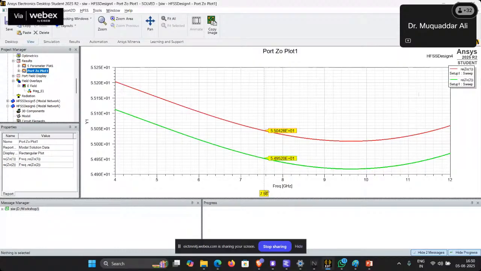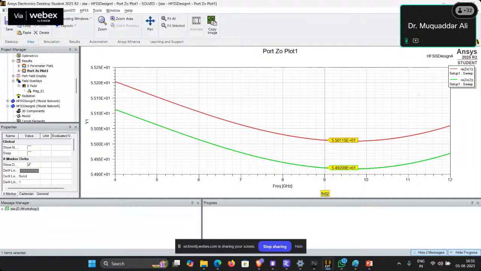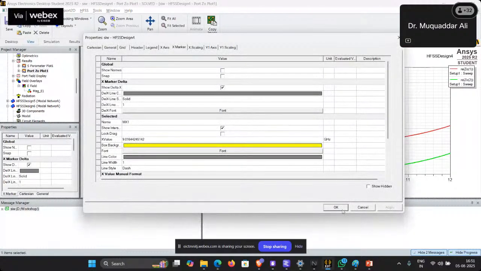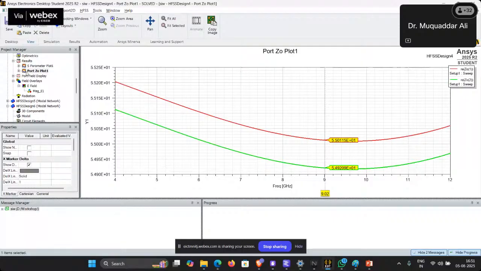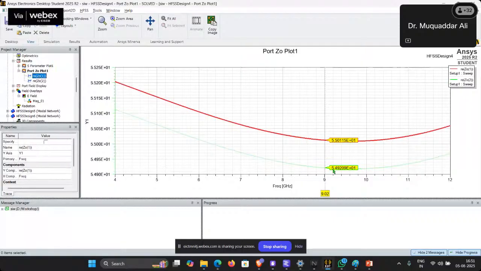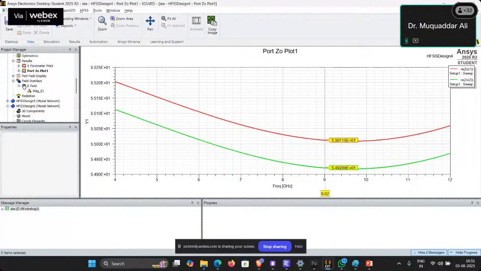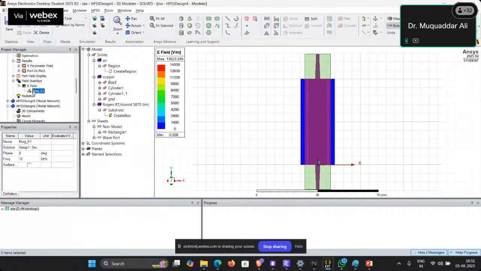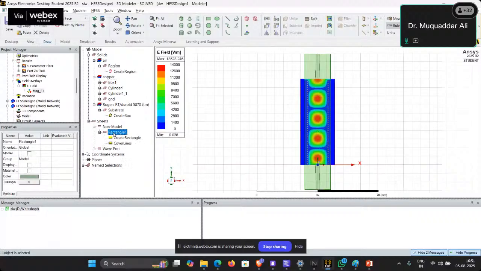Okay, so this time the impedance is around 50 ohm. We were designing at 9 gigahertz. So here we are having around 55 ohms. So we can further tune these parameters. Then if we go to the electric field distribution, these are the electric field distributions, and we have created this sheet as a non-model. So if we can extend this length,